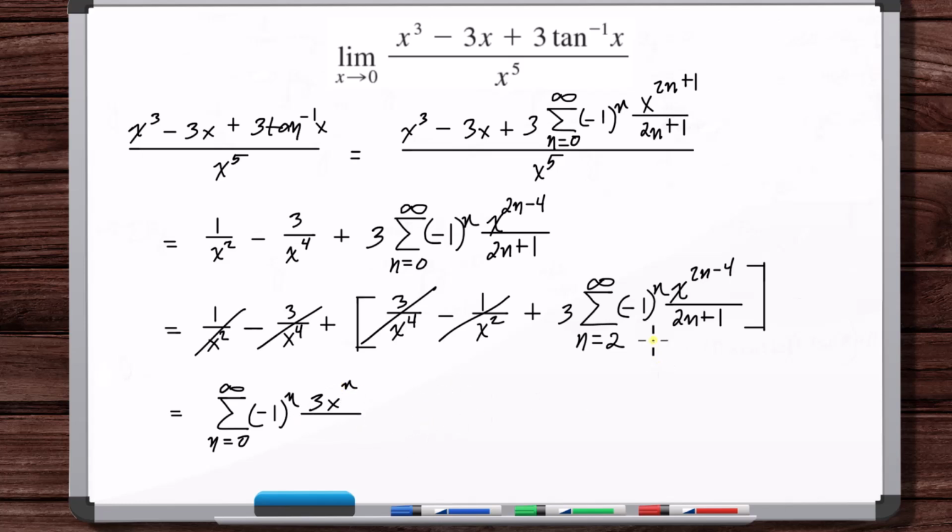And then when n is equal to 2, this is 5, so we want to do 2n plus 5. Okay, so there we go. So that's what we're doing here. We're taking the limit as x approaches 0 of the sum from n equals 0 to infinity